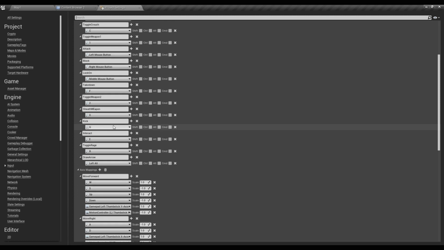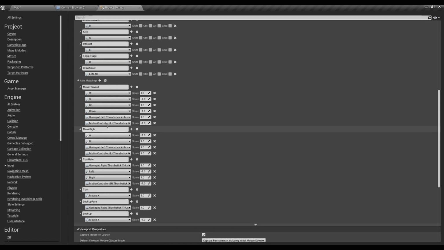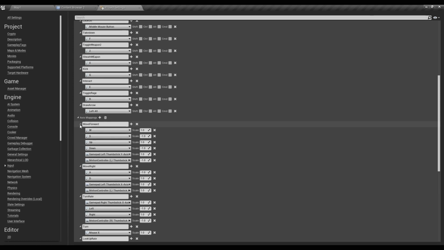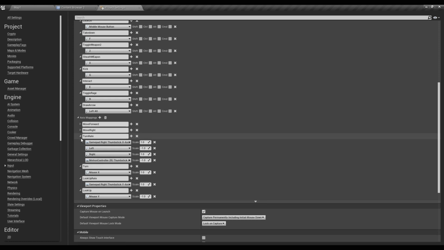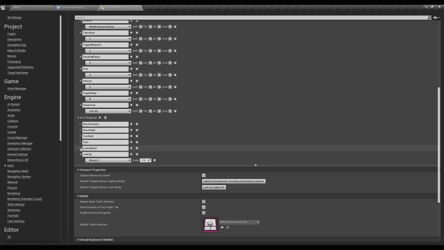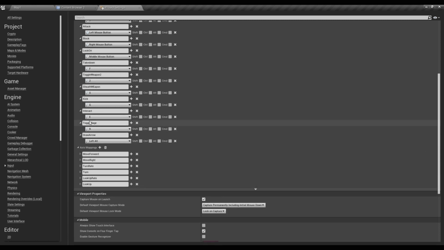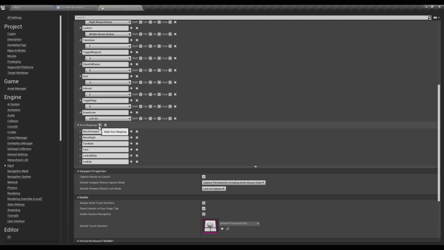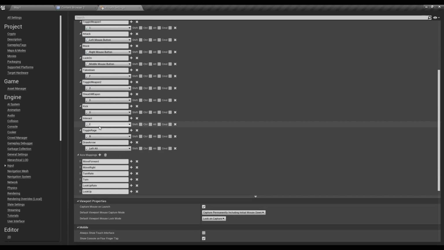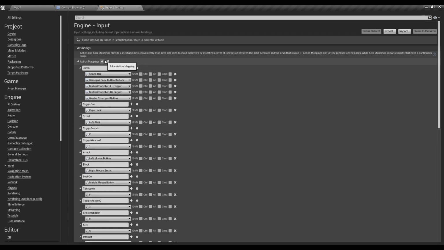For that I am going to use the mouse wheel, and it should be an axis or an action. No, I think it should be an action, isn't it? Right, so let's add a new action,